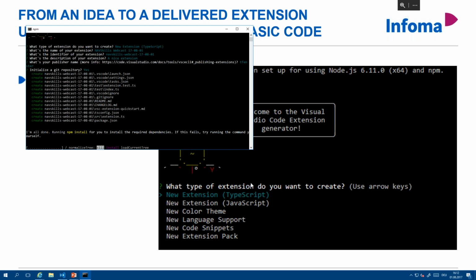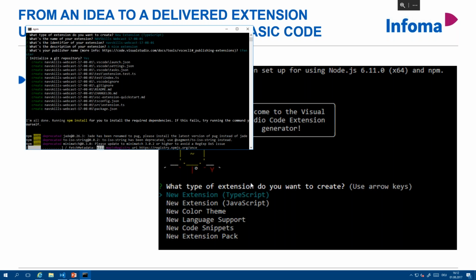And with that, it generates the files, and then it runs npm install to get the dependencies. That means that in order to build and run a VS Code extension, you need some additional packages. Those are just downloaded and installed by npm, and I'll show you later we have in a folder called Node Modules where we have all that code inside it.